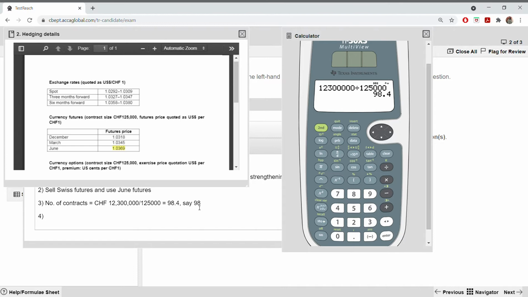So remainder to be hedged. This you have to write. Okay, when the underhedged amount or unhedged amount, you are hedging it using forward, you actually have to write the statement. That line has to be written. You just cannot use forward and put some numbers. Okay, so remainder to be hedged on the forward.